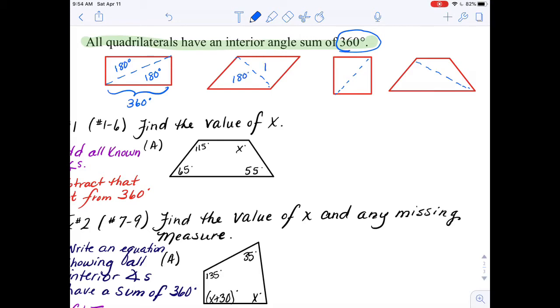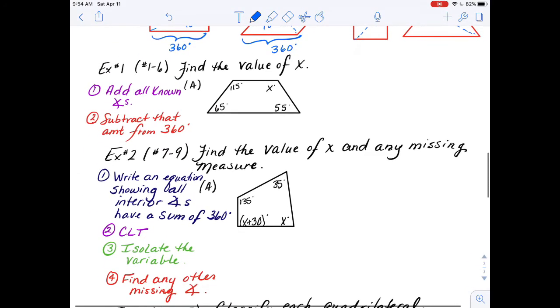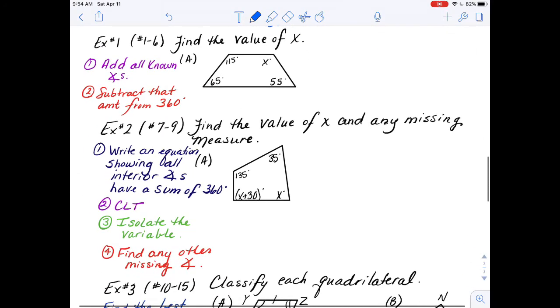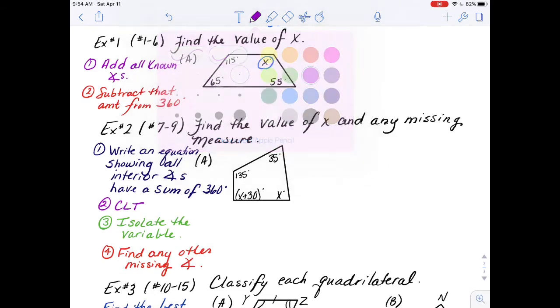Again, 180 in this triangle, 180 in this triangle. Inside, it is a total of 360 degrees, and that's called the quadrilateral sum theorem. So knowing that, if I gave you a quadrilateral with a missing angle, could you find that missing angle? Well, just like yesterday with our triangles, yes, we're going to go ahead and add all of our